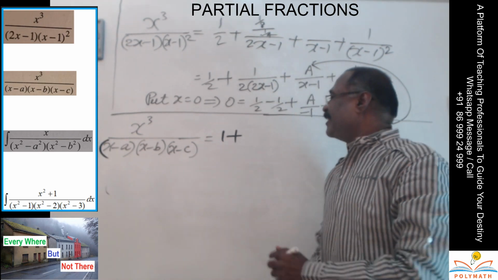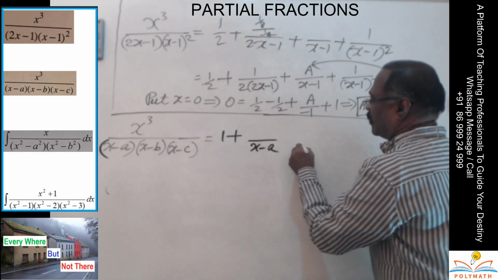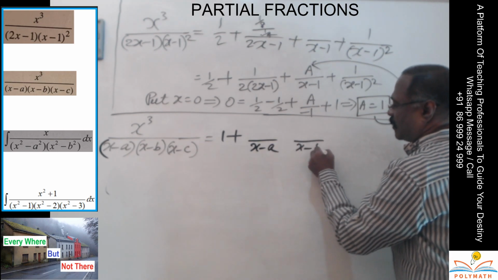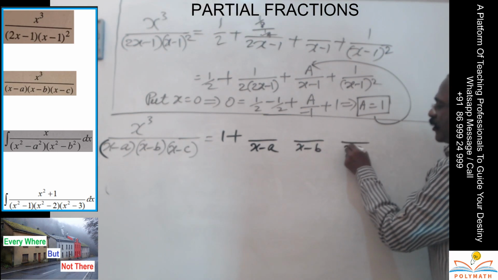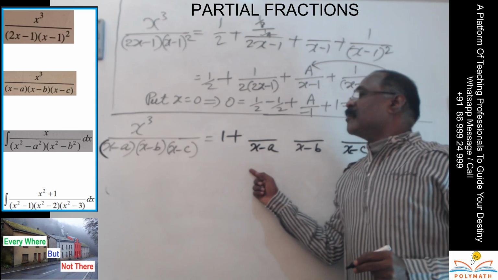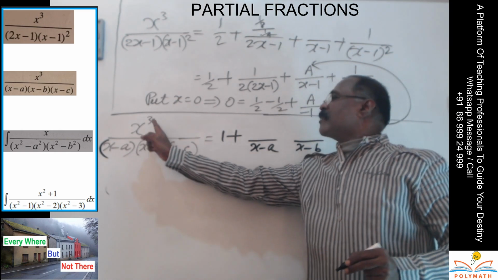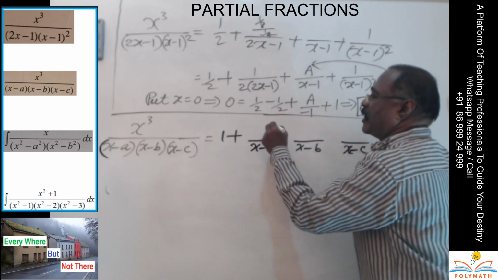Here you will get x minus a, here x minus b, here x minus c. To get the numerator of x minus a, put x equal to a everywhere but not there. So it is a cubed